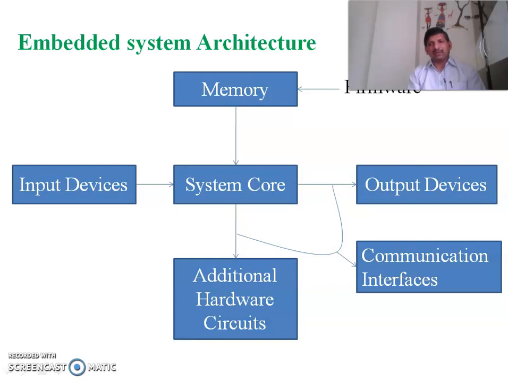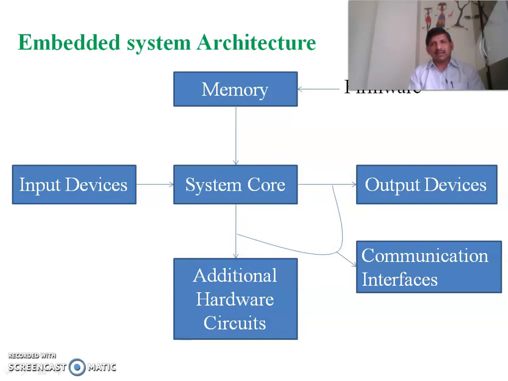Similarly, parallel communications, like printers, which take multiple data at a time. Serial communication means it transmits bit by bit, one bit of data at a time. In parallel communication, we transmit multiple bits, that may be 8 bits at a time or 16 bits at a time. That is the printer cable width capacity. So we use different types of communication devices. Based on our application, we may use any one or a few of them in our embedded system.